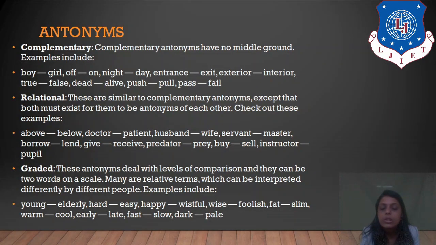So this is how you study antonyms and synonyms, and we have done different kinds of word formation processes in this chapter, like compounding, blending, clipping, coining, creative respelling, derivation. So all these word formation processes we have studied in this chapter number 1, word formation processes, where synonyms, antonyms, how to add prefixes, suffixes, how it will change the meaning of the word, how it will change from noun to verb, verb to adjective, right? We also do an exercise of that so that it will be more clear to you.